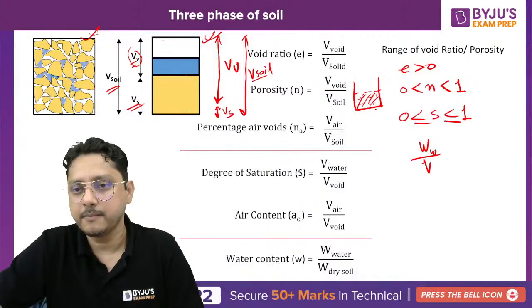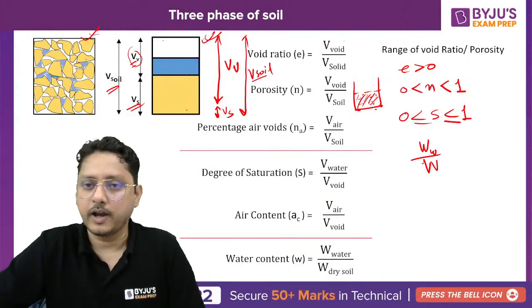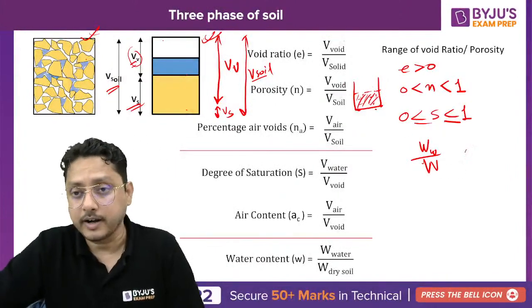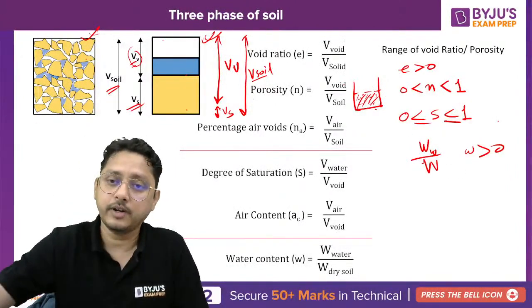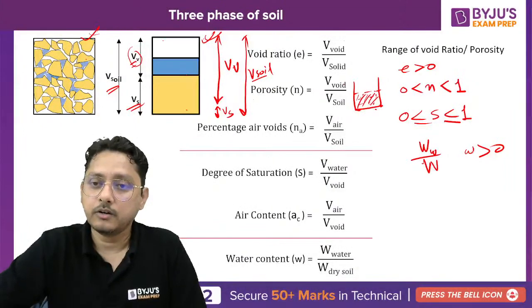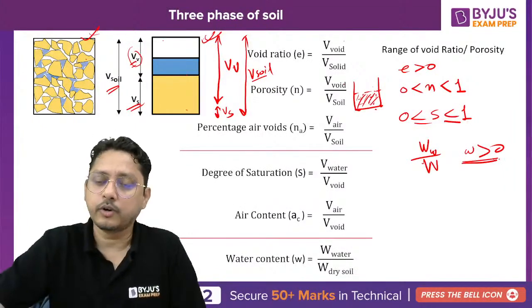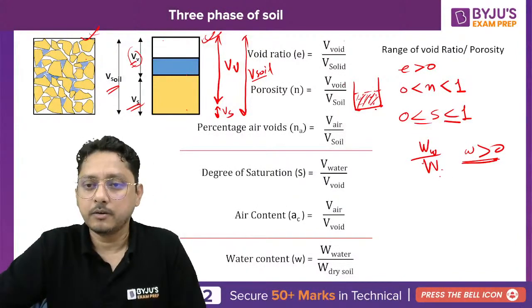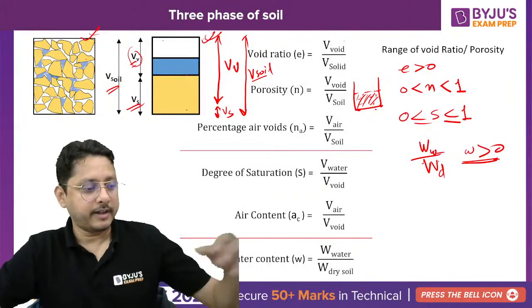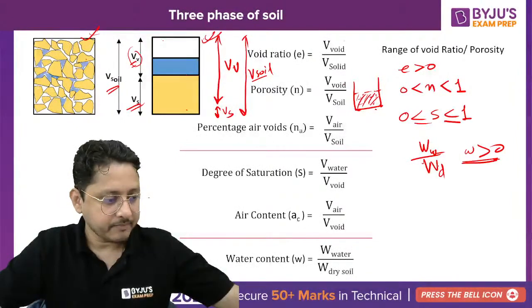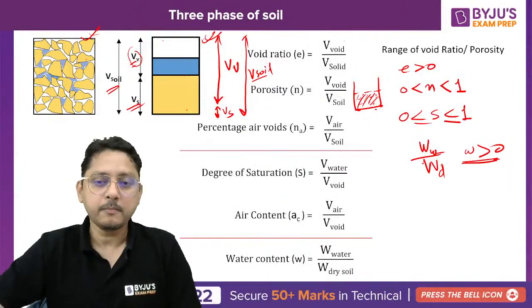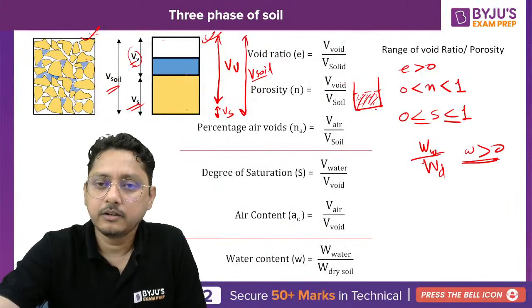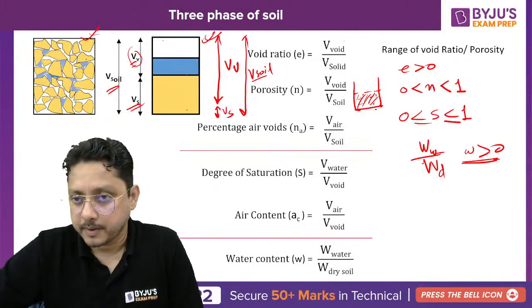Are you able to understand that? Now, if you have a slurry of soil, after drying it, of course, you'll get a very small amount of soil. So you can say that, of course, water content may also go beyond 1, to anything. Water content can go beyond 1 and 2. It will be greater than 0. Are you able to understand that? If you have any doubt, please let me know. That may also be 0 sometimes, the water content.